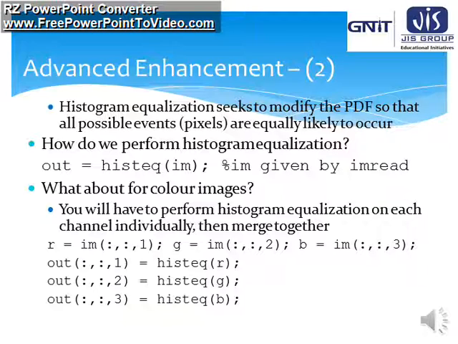Then out(:,:,1) equals HistEq(R). Similarly out(:,:,2) equals HistEq(G), and then out(:,:,3) equals HistEq(B). So first one is for red, then green, then blue.